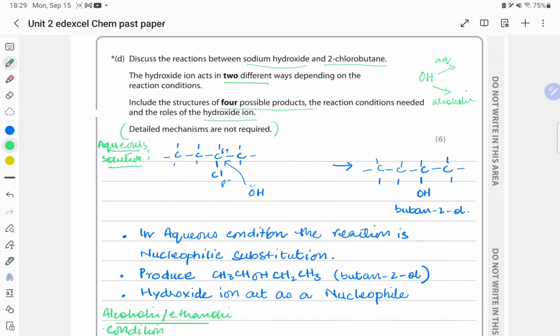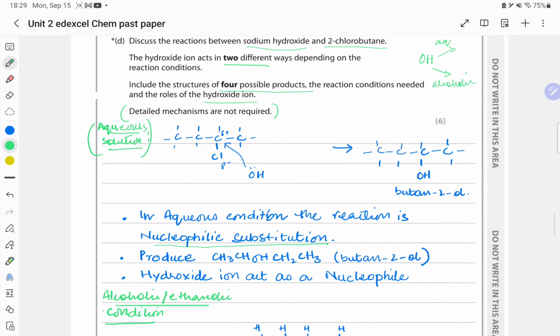So what happens if hydroxide is provided in an aqueous solution, that means the medium is aqueous. Here hydroxide will act as a nucleophile, and you already know that a nucleophile is one that has an extra lone pair of electrons. So in aqueous condition, the reaction is a nucleophilic substitution reaction, and the product is going to be